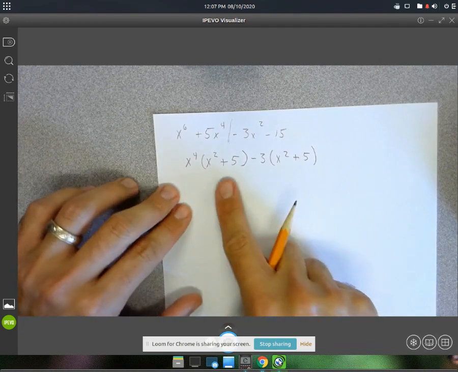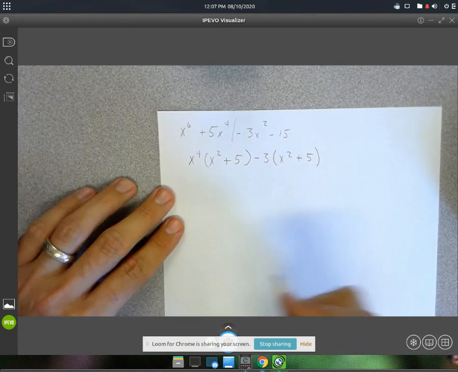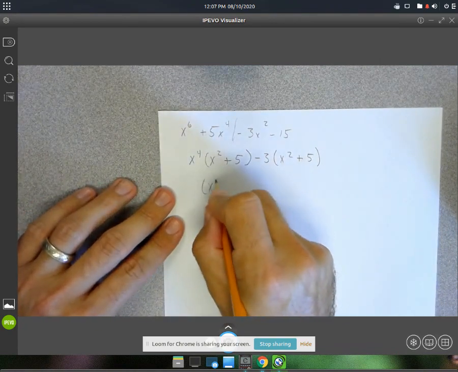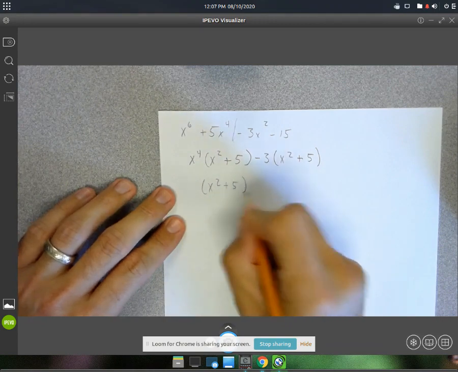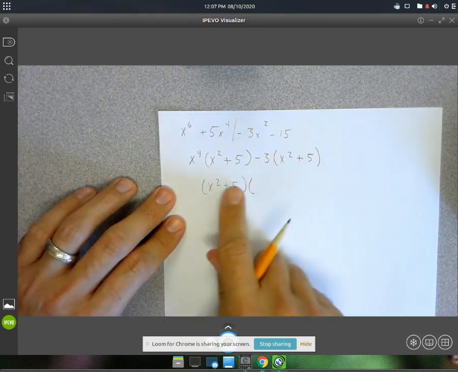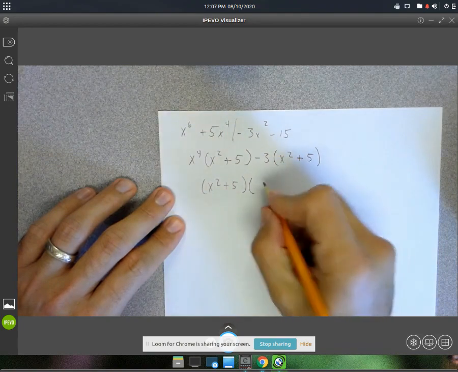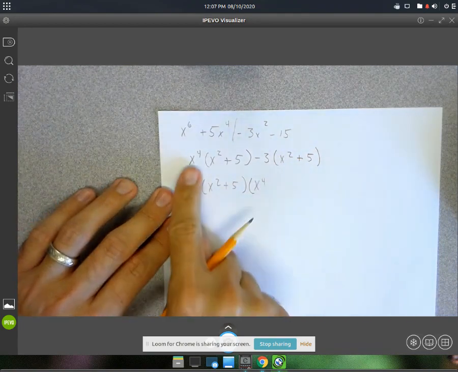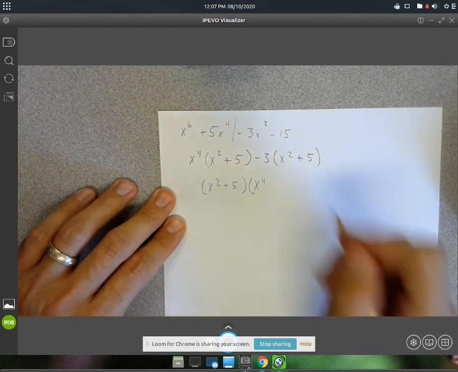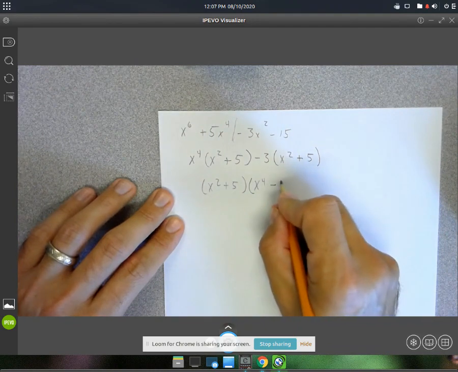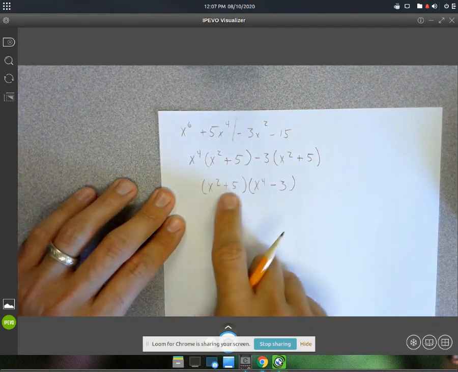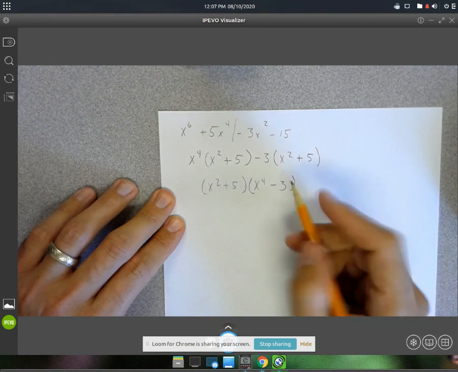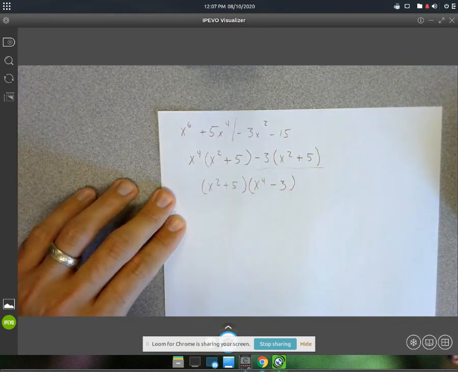All right, since they both have an x squared plus 5, we'll be able to factor that out. x squared plus 5, this whole thing, times x to the fourth will give you this left half. And then the second half is going to be a minus 3, because you want that times that to give you this. All right,